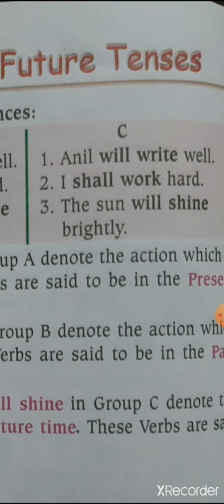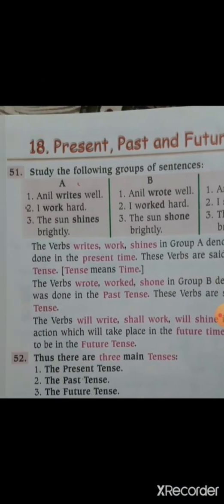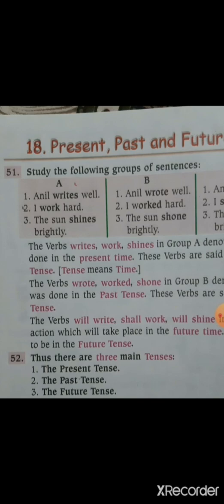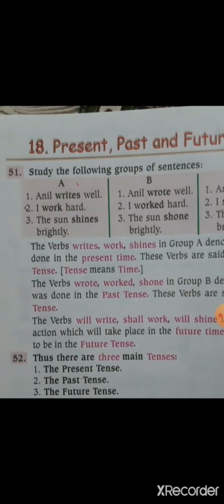Okay, we use will and shall. Anil will write well. I shall work hard. The sun will shine brightly. Now come to the explanation part. So the verbs will write, shall work and will shine in group C denote the action which will take place